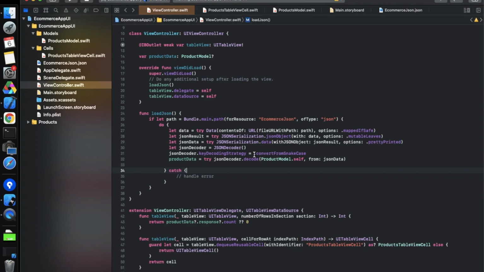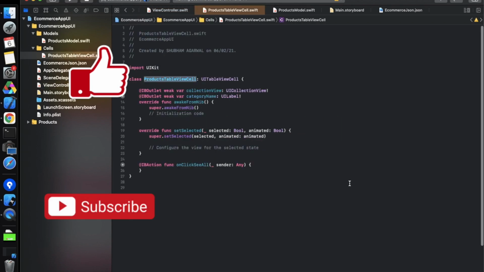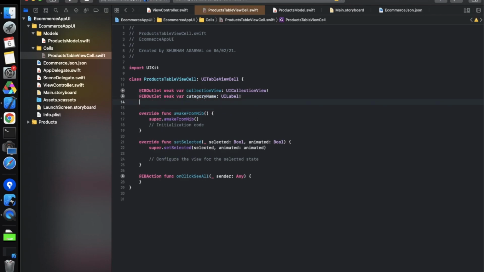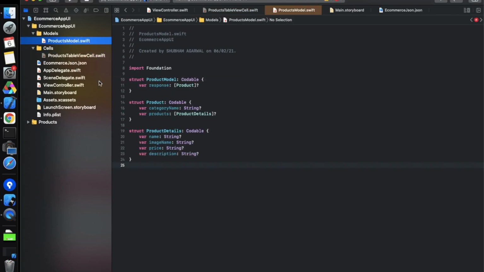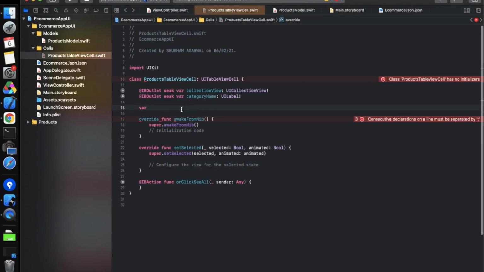Now we will load the collection view, and for that we have to move into the product table view cell, because the collection view is part of the product table view cell. It is not part of the view controller. That's why we have to write things related to the collection view in the product table view cell. First we need to take one property of a product type. Move to the model class, and use this product as the type.